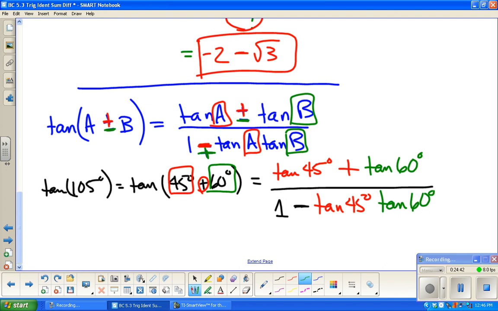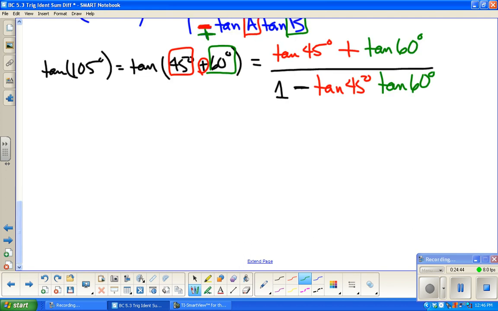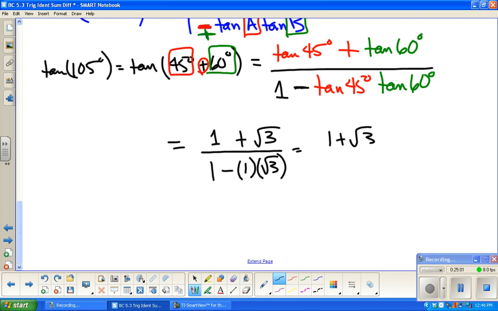So I really only need to know 2 trig functions to do this. I don't have to know all 4. Tangent of 45 is 1. Tangent of 60 is the square root of 3. You can work with your unit circle to do that. 1 minus 1 times square root of 3. Okay, clean this up just a little bit more, and then we'll get rid of the square root on the bottom. Okay, so again, we can't leave it like this, but it already looks better,